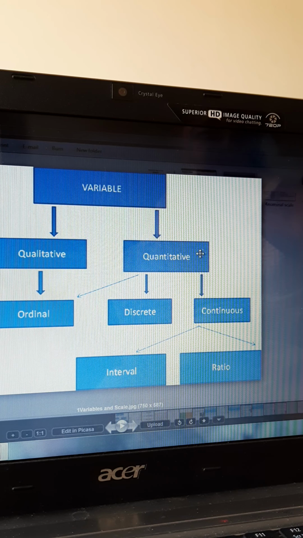Each one is a question. How you set your questionnaire, discrete data, continuous data. If it is a continuous data, it is an interval scale. Correct? Why is it interval scale? 1 to 10, age, 11 to 20, 21 to 30. Interval. Understood? Interval data or ratio data. So this is as far as variables are concerned for quantitative.